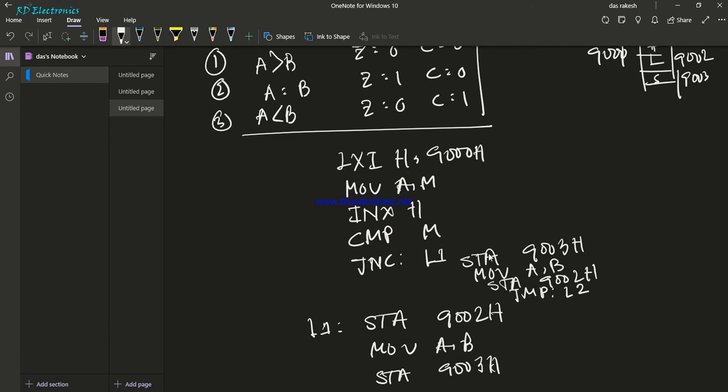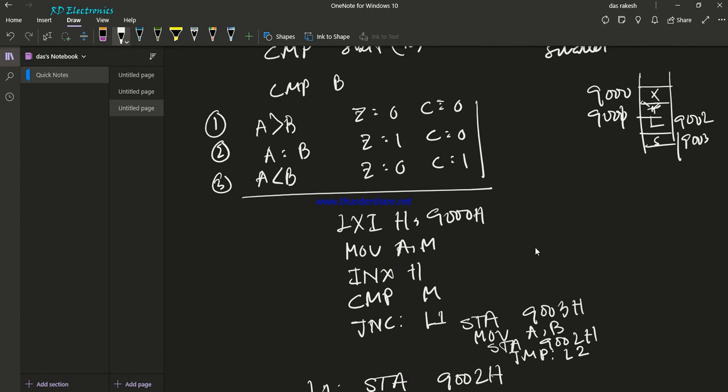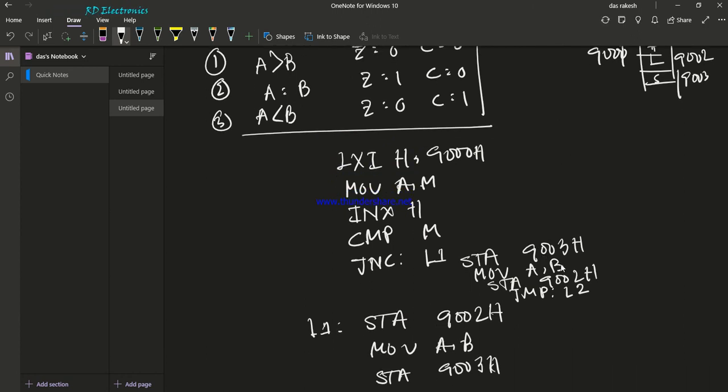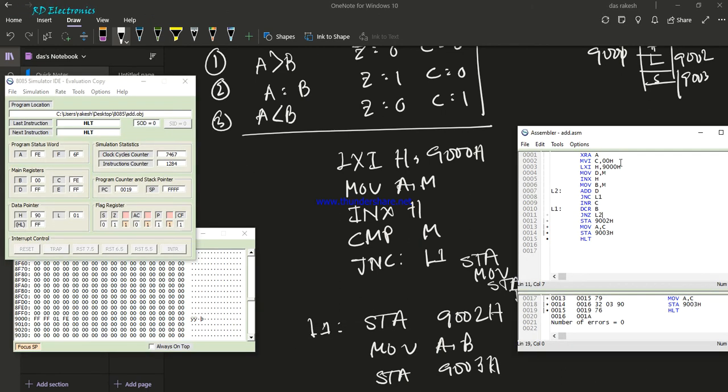the smaller number is stored from the accumulator into 9003 first, and then the larger number is transferred to the accumulator and stored. Okay, so this is a very easy task. Now see in our programming, line by line, first the code, write the code LXI H, 9000